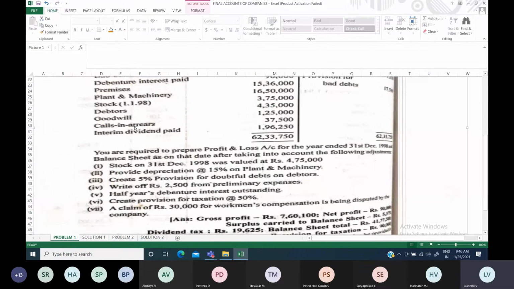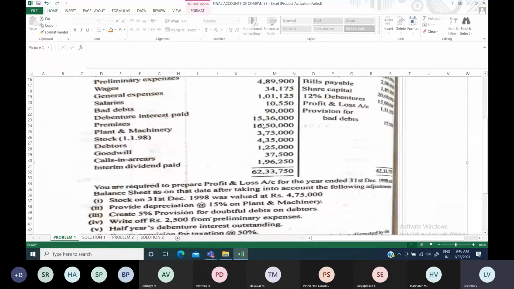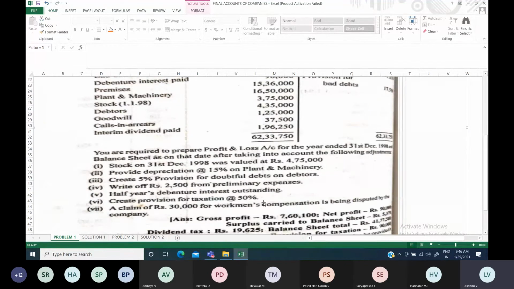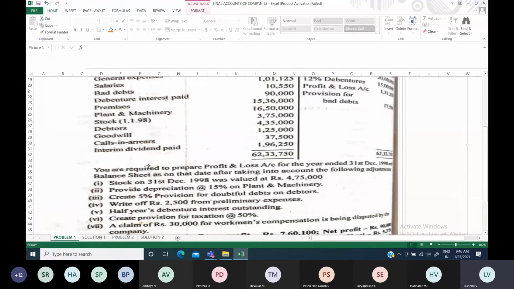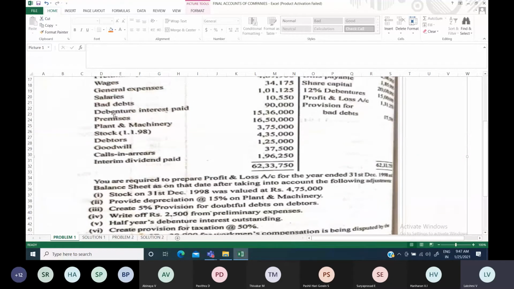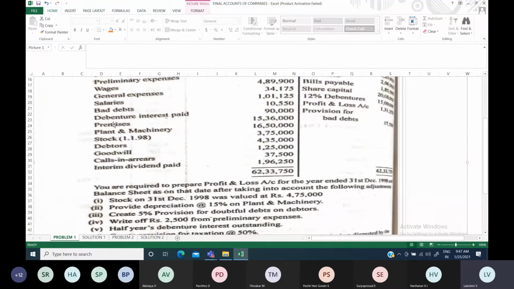And then moving on to premises. Premises means a building which is used for the business purpose. Again, check whether any depreciation is given for premises; you just go through once. Nothing is given. If only the fixed asset is given, it will go to the asset side of your balance sheet. Depreciation, if you have it, will go to the profit and loss account. So we need not worry about premises.